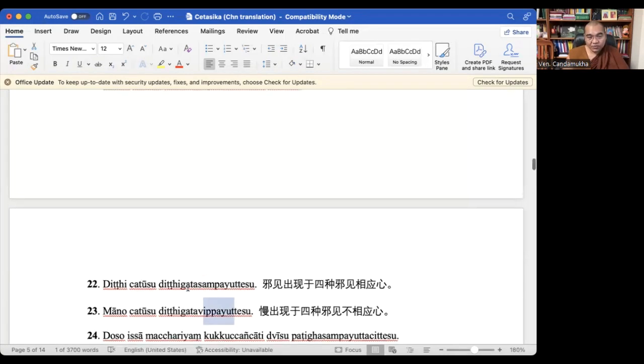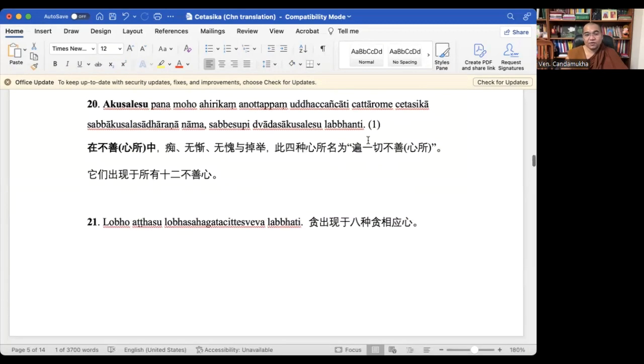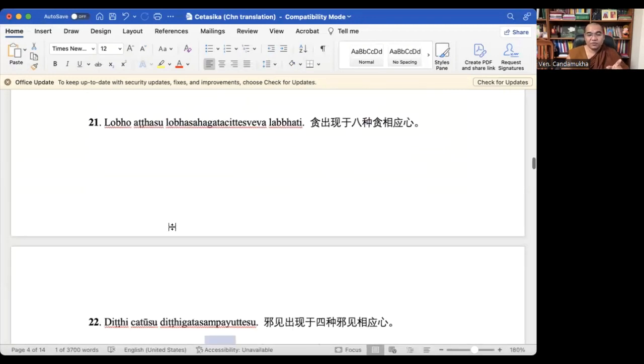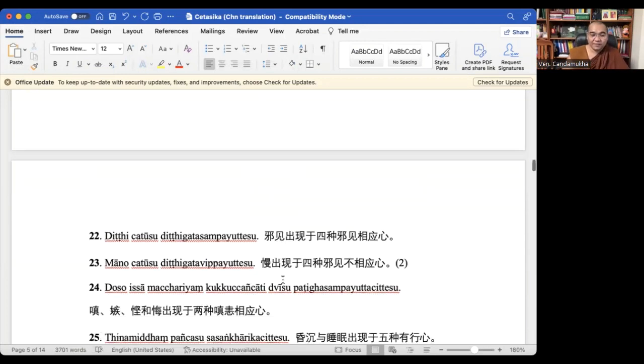So we can put these 3 together, numbers 21, 22, 23, as the Lobha group, the 3 mental concomitants led by Lobha. The Moha group is associated with the 4 or 12 akusala cetasikas, one sampayoga method. The Lobha group is associated with the 8 Lobha-mula cittas respectively. That is one sampayoga method. You can say here, number 2: Lobha, ditthi, mana, collectively we can take as one sampayoga method.